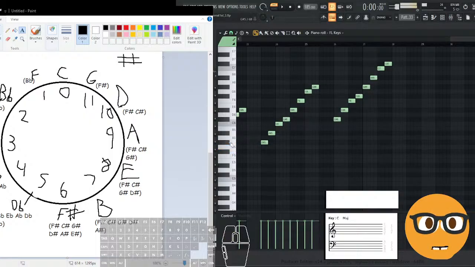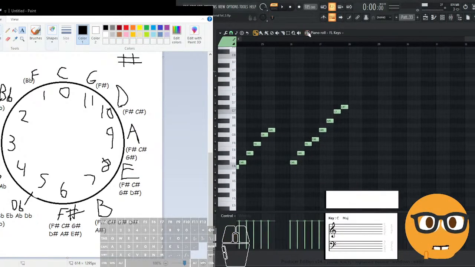Going from here to here, this is G sharp. Going from here to here, this is A flat. Going from A to here, this is A sharp. Going from B to here, this is B flat, right? That's how that works. So this last scale we got, we have D flat major: D flat, E flat, F,